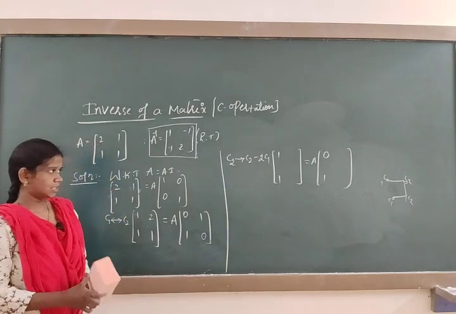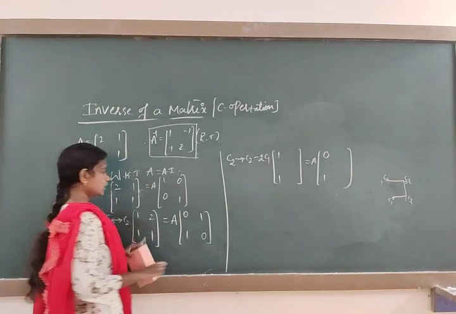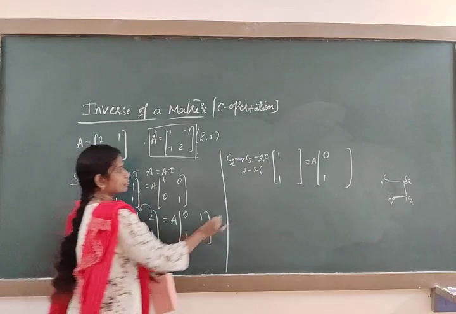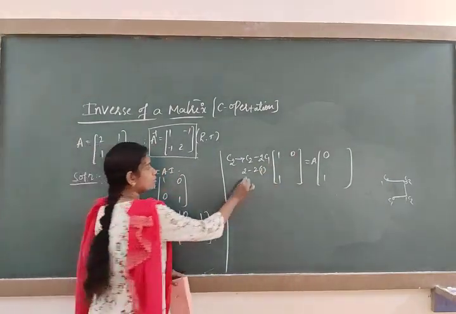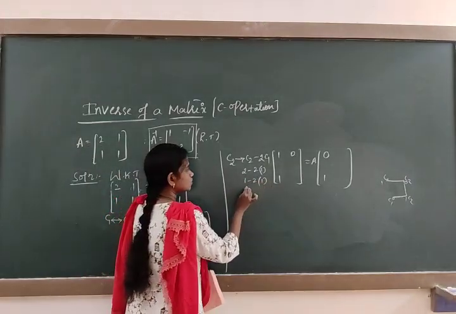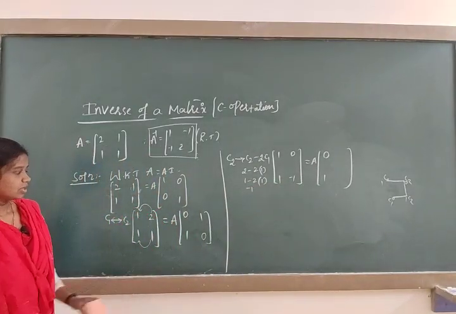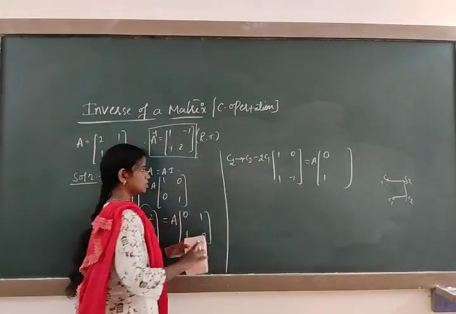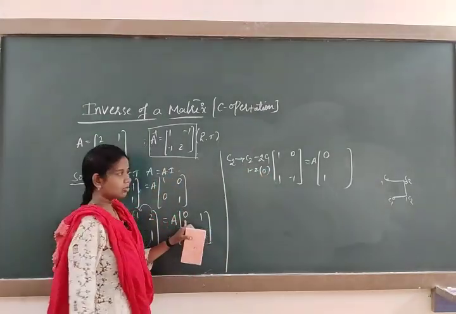Now the C2 value changes in the given transformation, and new numbers will exist. So C2, how much? It's a 2. 2 minus 2 times the value beside it, which was 1. So 2 minus 2 means it's a 0. Again the C2 value is 1. 1 minus 2 into the C1 value beside it, which is again 1. So 1 minus 2 means it's a minus 1. Simplify. Okay. Next, again the C2 values: C2 means 1. 1 minus 2 into C1 means 0. It's a 1.